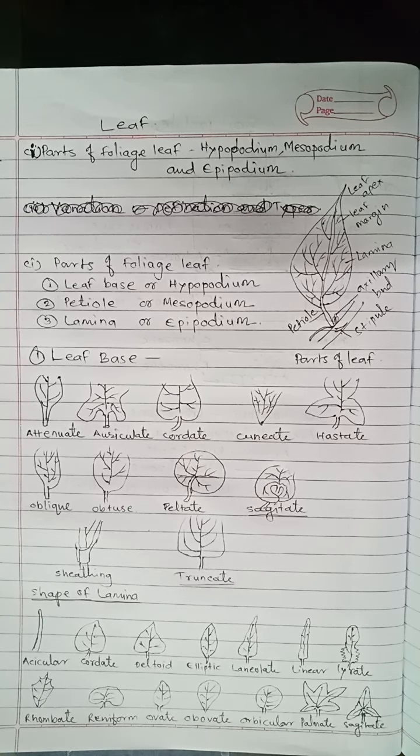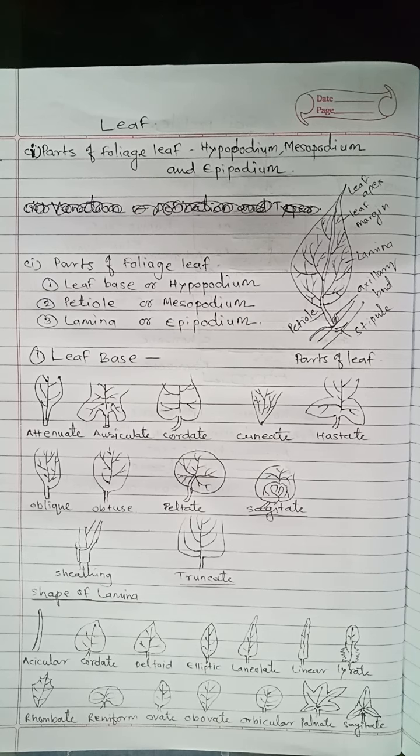Then the hypopodium, the leaf bases. They are attenuate; basal margin abruptly incurved; auriculate, with two rounded basal lobes, margins above lobe concave; cordate, with two rounded basal lobes intersecting at sharp angle, margins above the lobes rounded; cuneate, basal margin approximately straight; hastate, with two basal lobes more or less pointed and oriented outwardly; oblique, with an asymmetrical base.